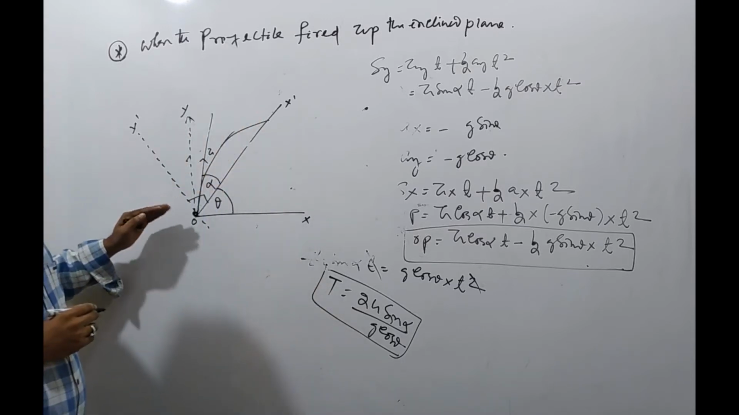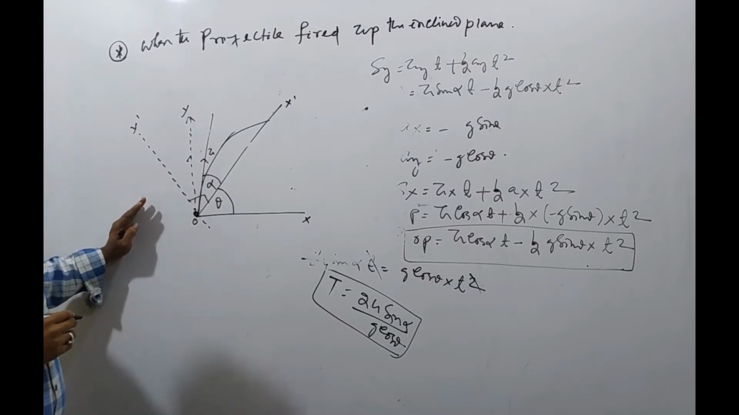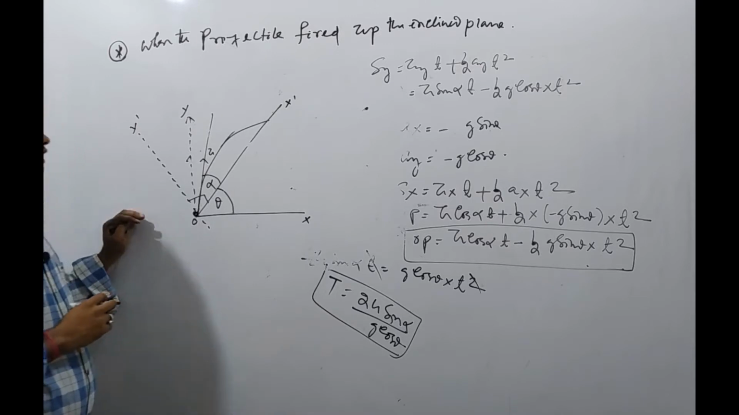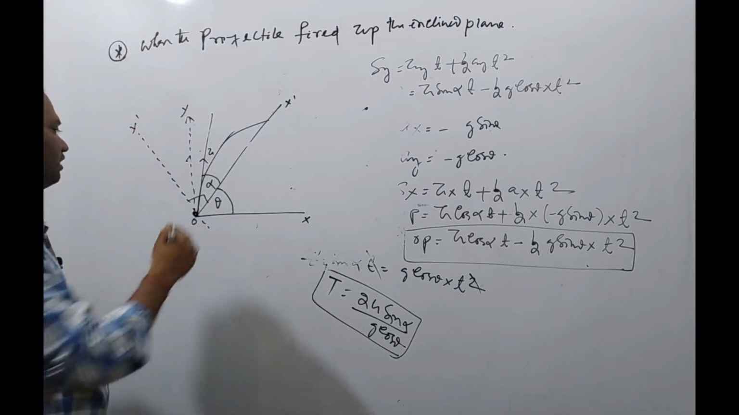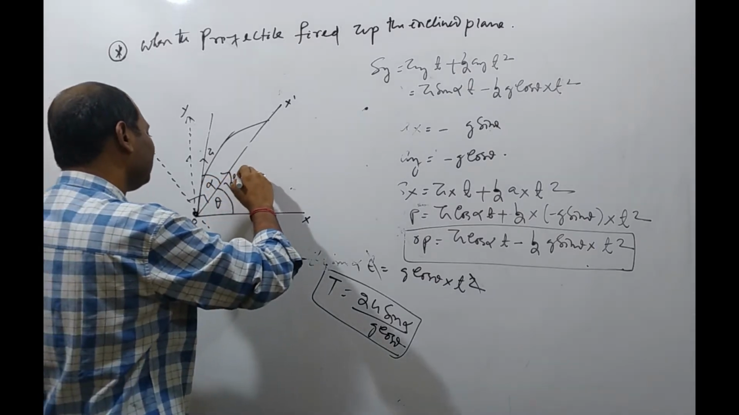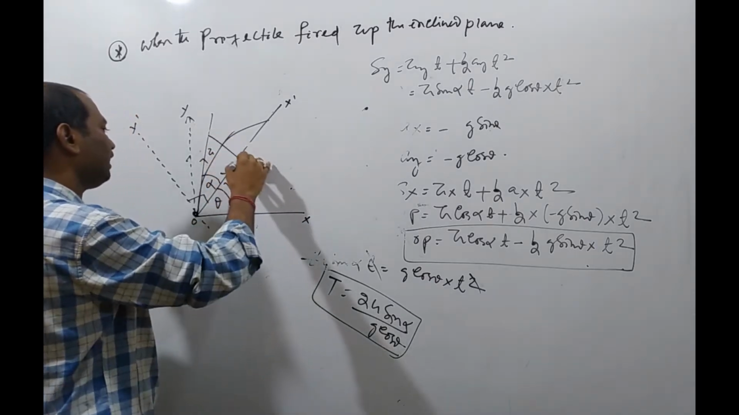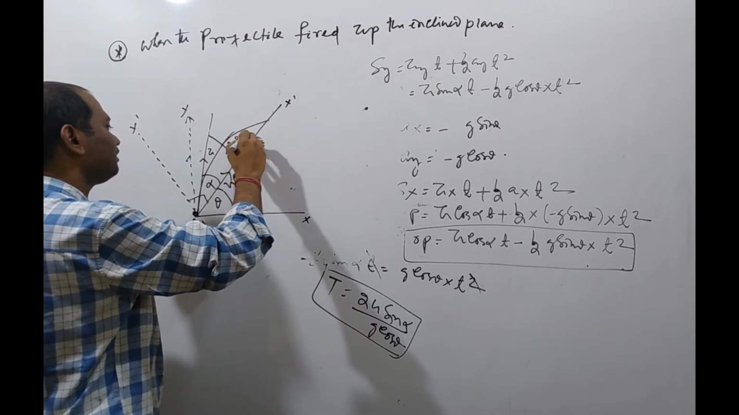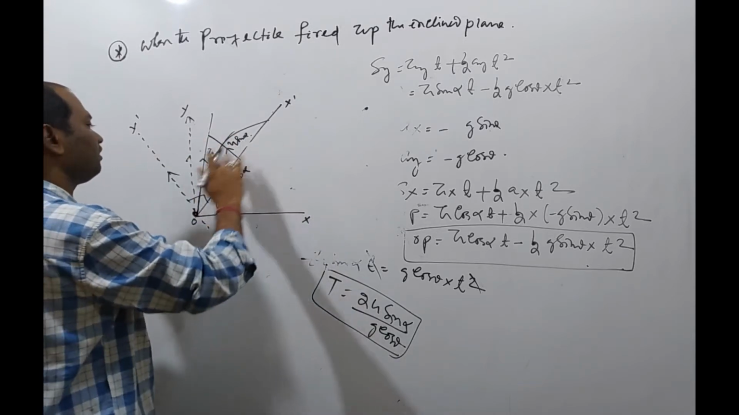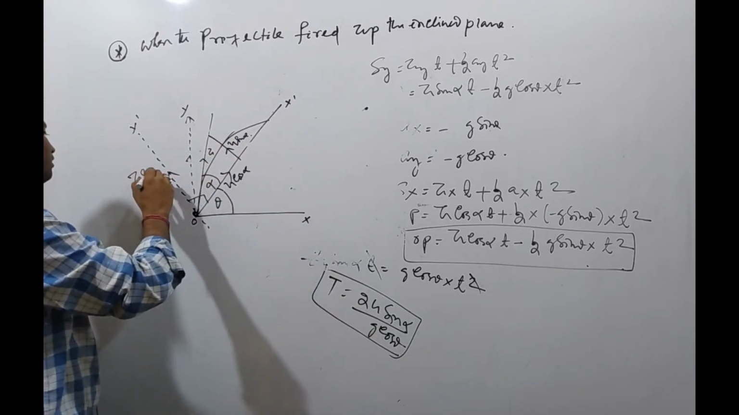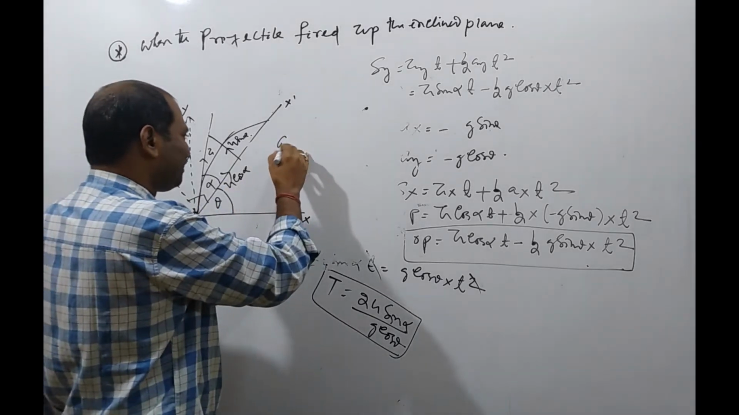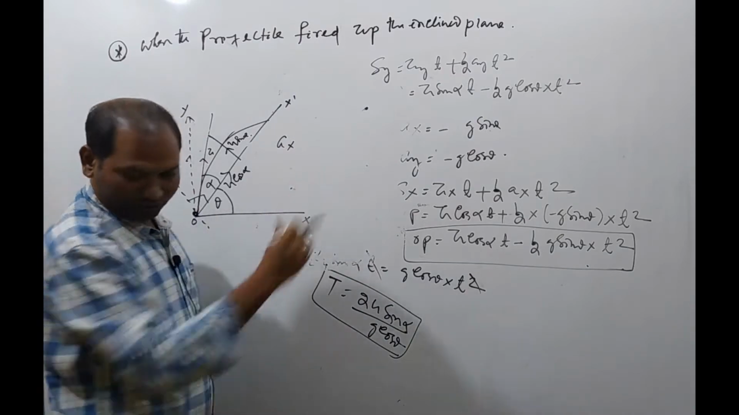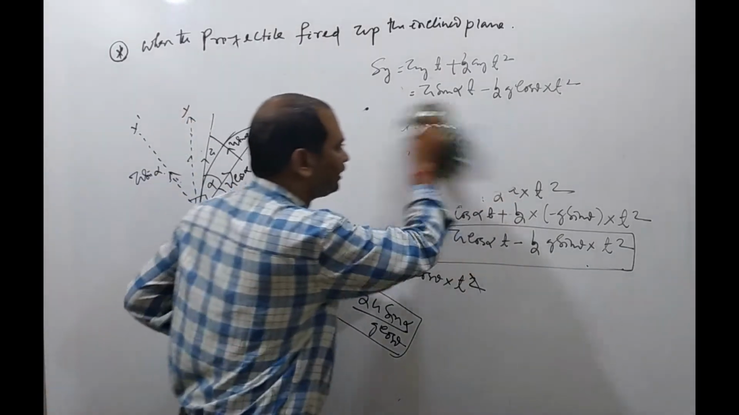If alpha be the angle which the body makes with the inclined plane, then the velocity must be resolved into two components. One is u cos alpha and another one is u sin alpha, in this direction, u sin alpha. And the acceleration in the x axis. In the previous case I have discussed